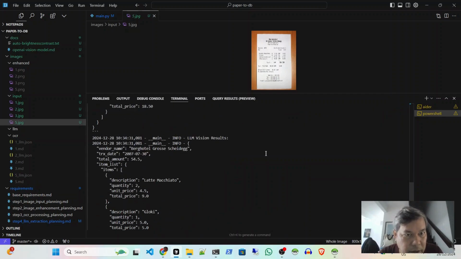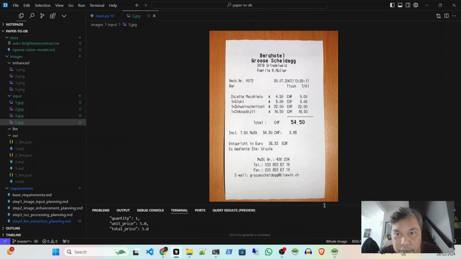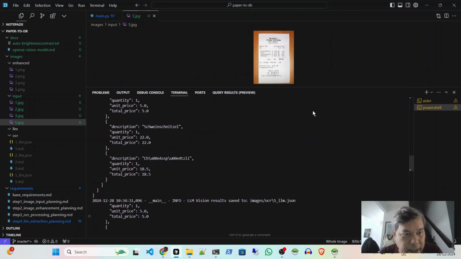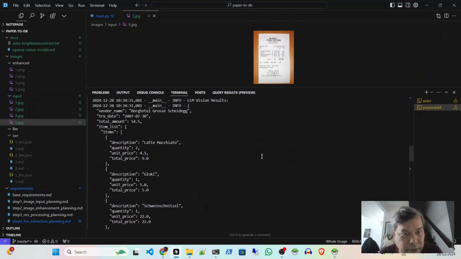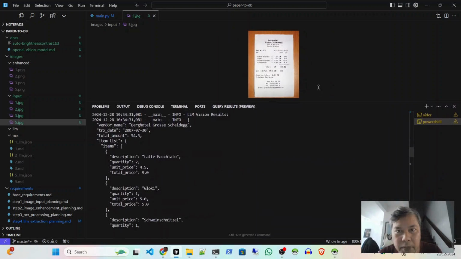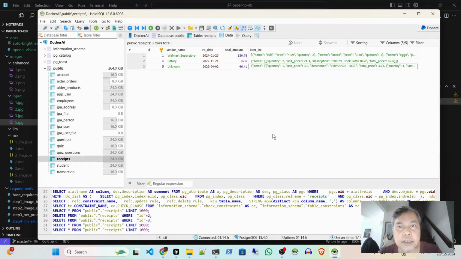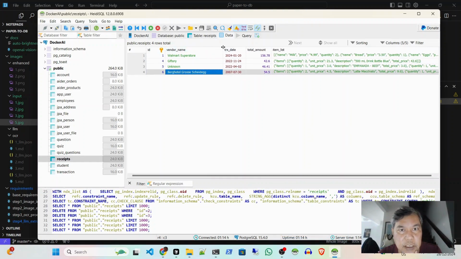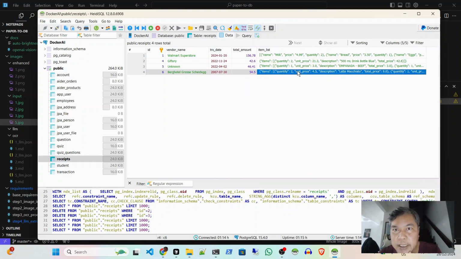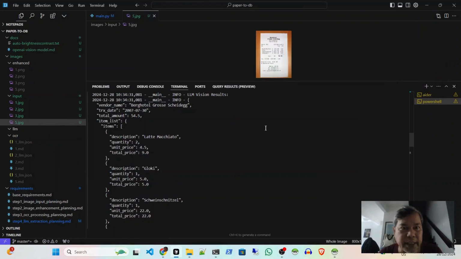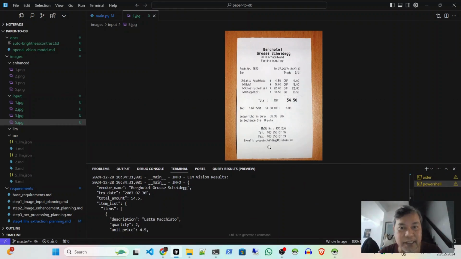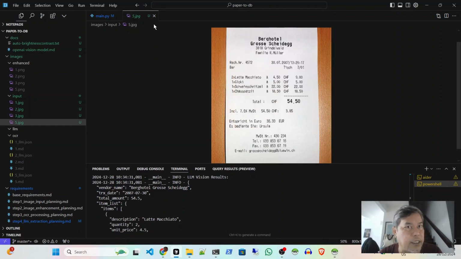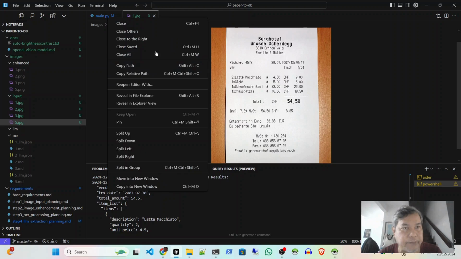Cool. So we got the result, 5450 is the total. So total is correct. And then there are 1, 2, 3, 4 items. Is that correct? 1, 2, 3, 4 items. Yeah. Let's see if we got it in the database. Yep, the total 5450 and the items. Okay, so I think that should be enough to convince myself that at this point,